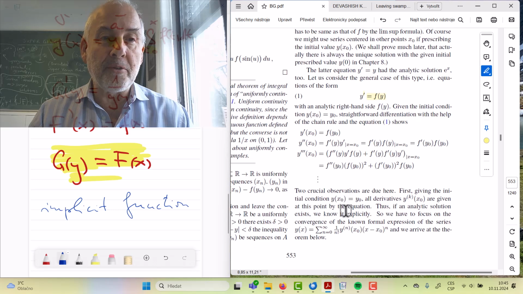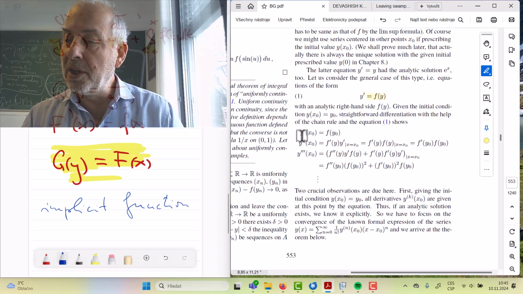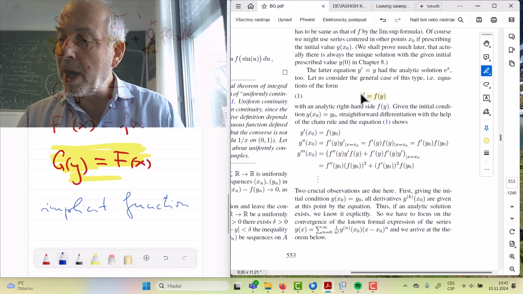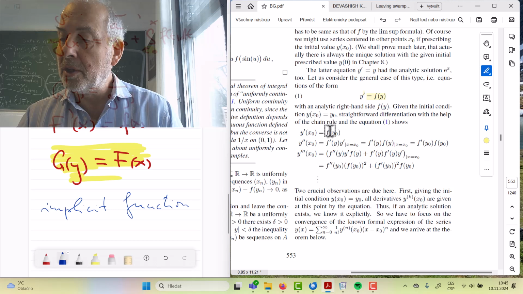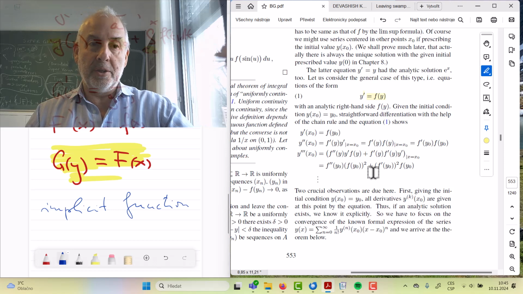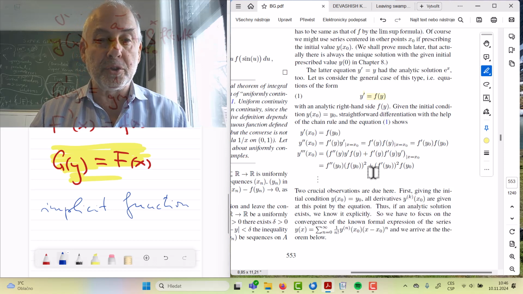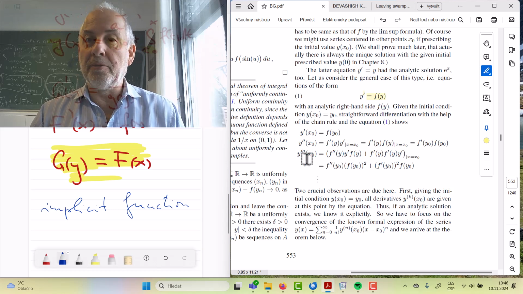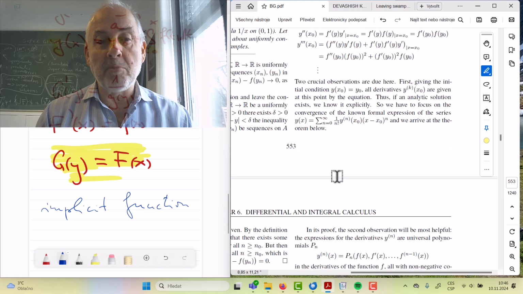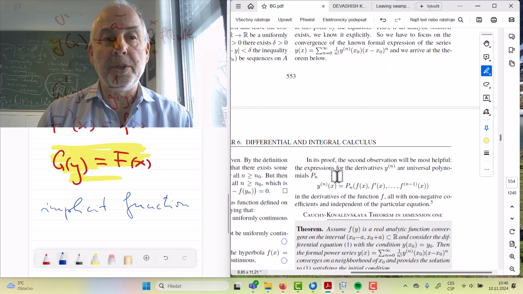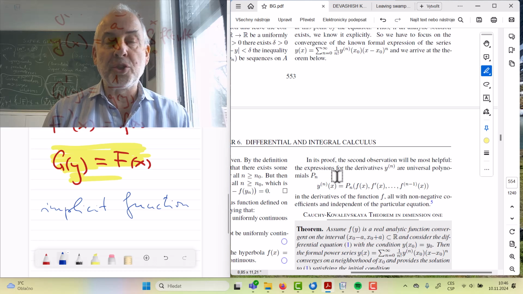And then first of all, you can see that it's easy to understand that by the very equation you can compute all the further derivatives, right? Because you simply know that f is analytic, so you can differentiate and you get inductively all the derivatives. So that's easy, but the problem is whether the formal power series written with those derivatives will be converging to the solution. And some quite smart trick, which is called the majorant approach,